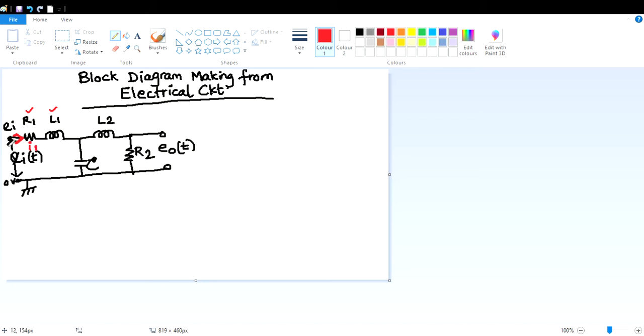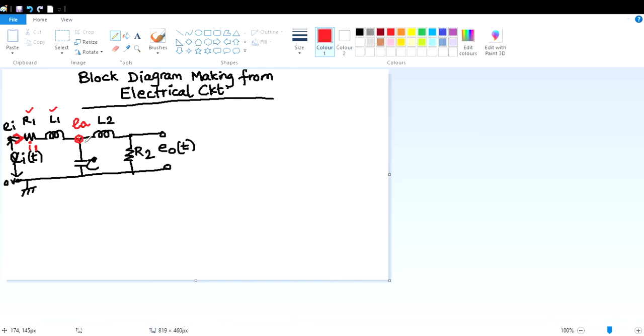Now this current is flowing through this branch. At this point, due to the voltage drop across R1 and L1, naturally the potential EI will not be here. It will be a different value. So this is actually constituting another node. The second node voltage we are getting here, suppose it is EA. So the voltage at this point, with the other side at 0 voltage, is EA.